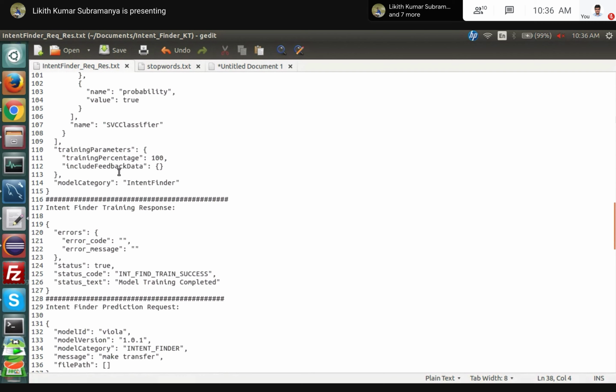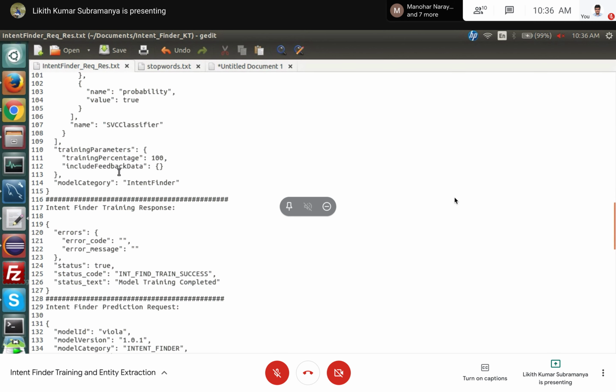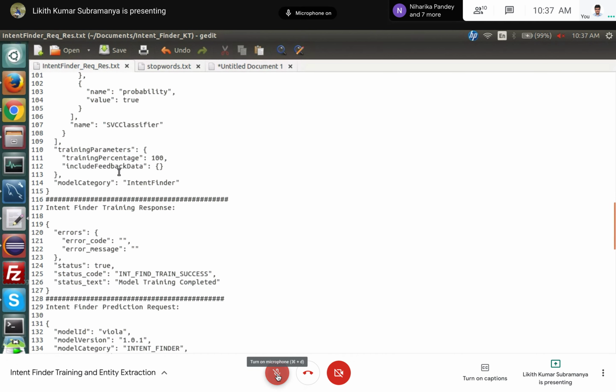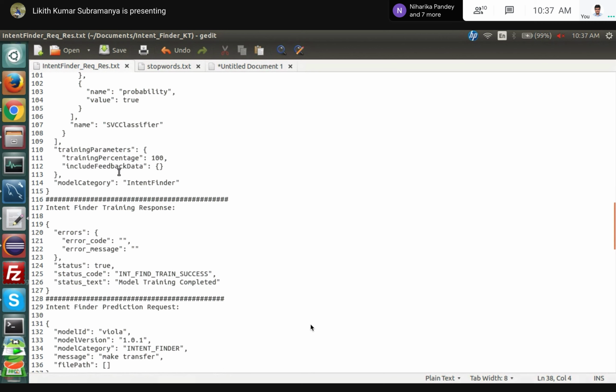We don't have a particular document, but we have a document which the interns have made. Maybe that will be helpful for you. I'll speak to Bala and let you know regarding the document, because we don't have a particular document for these models.